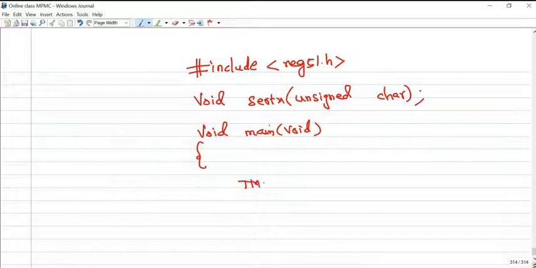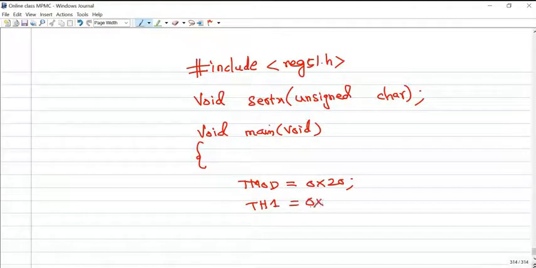Same procedure. TMOD is 0x20, which is timer 1, mode 2, auto reload mode. For TH1, for a 9600 baud rate, we have to load FD.